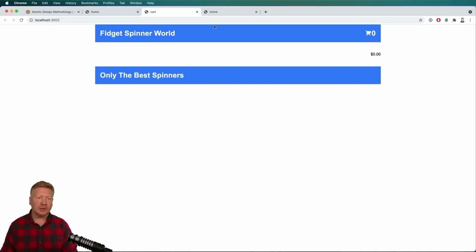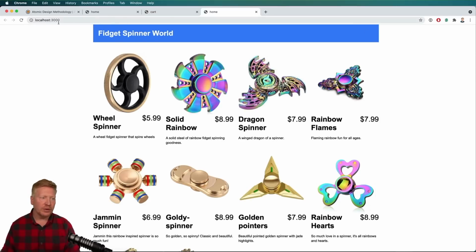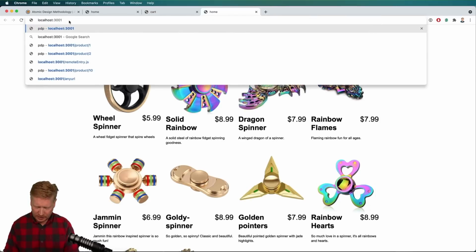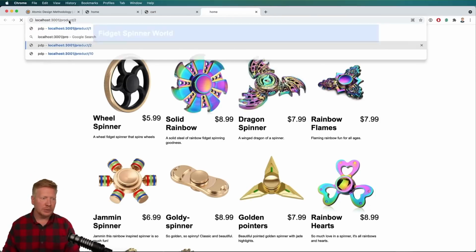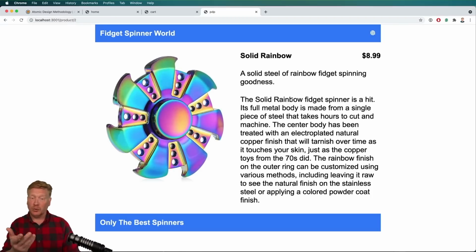All right, so let's go have a look at product. I'm going to go over here to localhost 3001 and then do product ID 2, sure, whatever. Solid rainbow, I like that one. It's solid and rainbow. So what I want to do is show you how to do micro-FEs